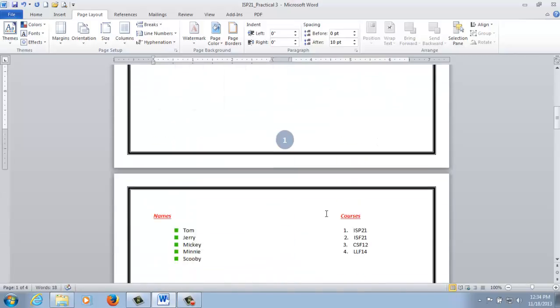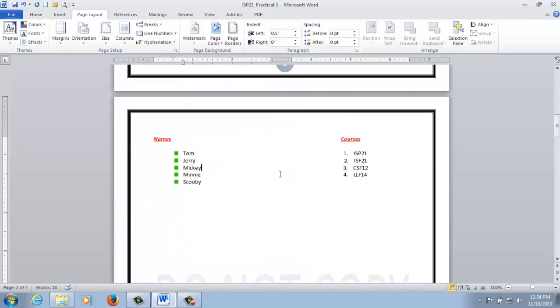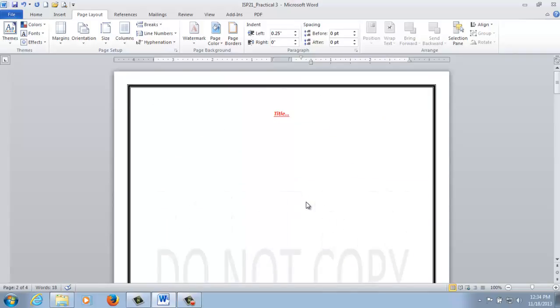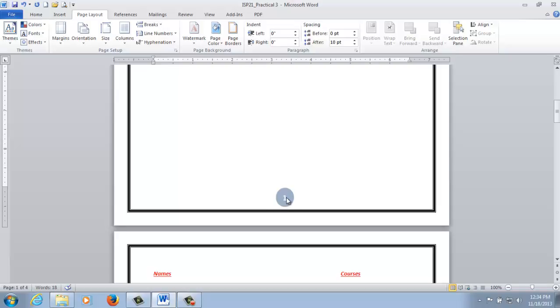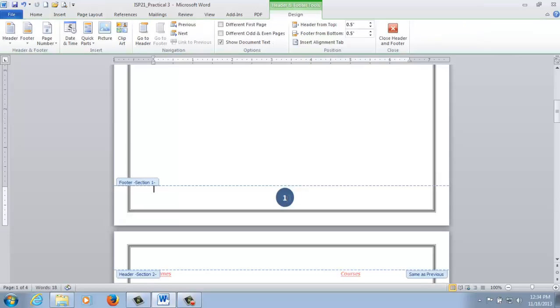Now you can see this part, remember in the last video I made it to 2 columns, so that's why that setting was applied. Now I have 1 column over here only, so that's the title page. Now on the title page I do not want to see this page number appearing. Normally that's the case. So what I do is double click on this, and can you see it says over